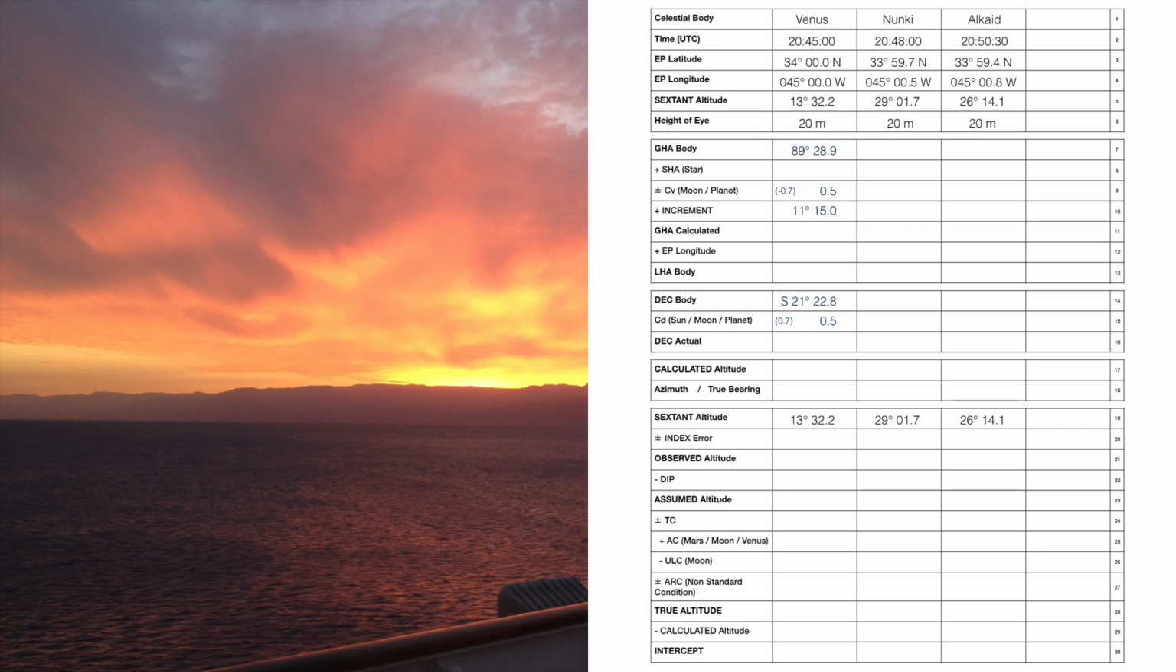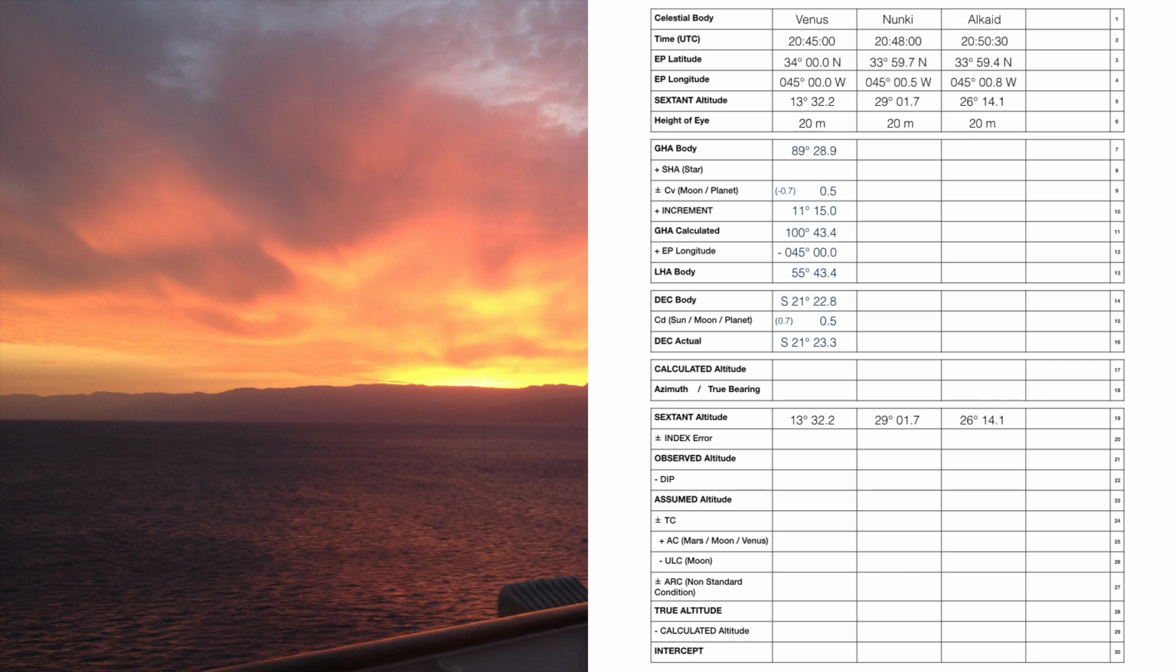When we add these together, we obtain our correct Greenwich hour angle of 100 degrees, 43.4 minutes, and our actual declination of south 21 degrees, 23.3 minutes. To obtain our local hour angle, we need to correct for longitude. To do this, we add or subtract our estimated longitude from the calculated Greenwich hour angle figure. If we are west of Greenwich, as in this case, we subtract the longitude, and if we were east, we would add it. This gives us a local hour angle of 55 degrees,